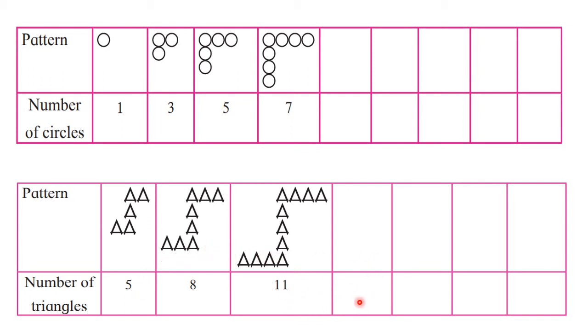So immediately you can find the next pattern, and you can say that the number of triangles in the next pattern is 11 plus 3, equal to 14. Then the next number is 14 plus 3 is 17, and next is 17 plus 3 is 20 and so on. So in these patterns the number of circles and the number of triangles are increasing in a definite order. So it is possible for us to write down this sequence. These are some more examples of sequences. Now let's go ahead and try to understand the terms related to a sequence.